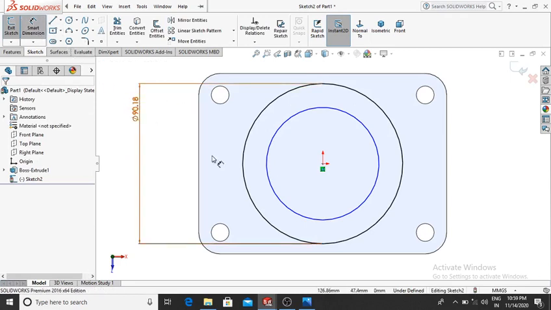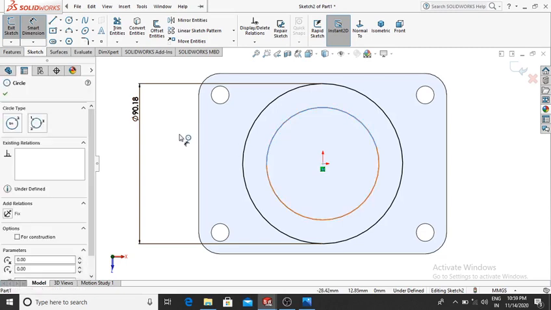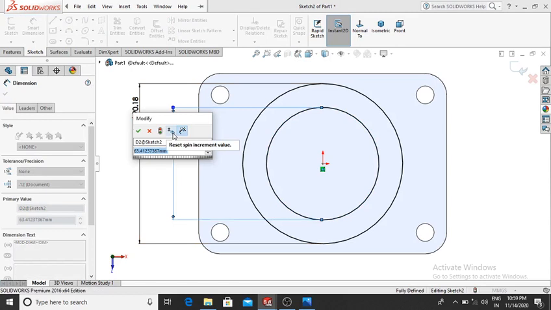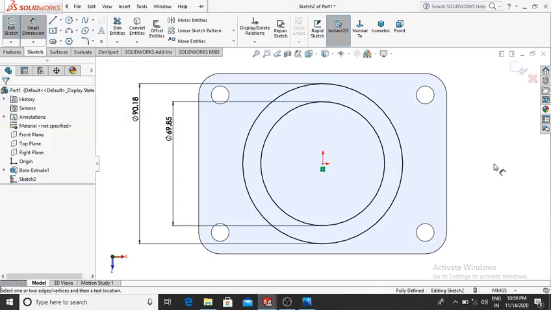Again go to the smart dimension and this circle diameter will be 69.85, then OK.